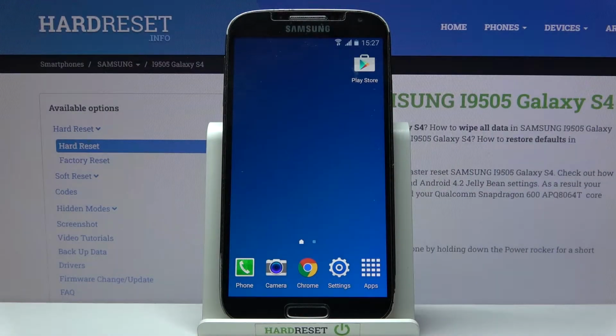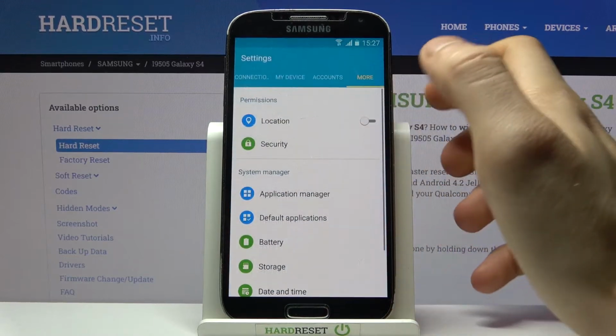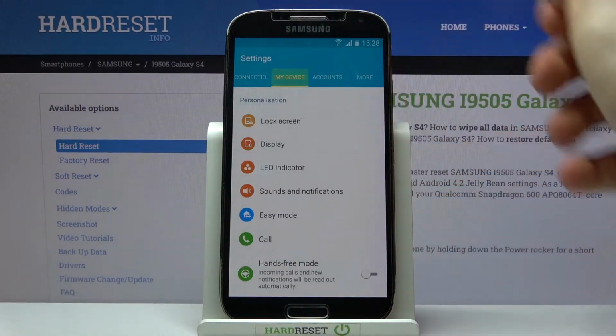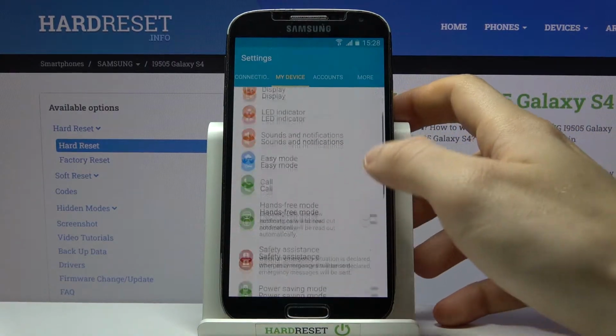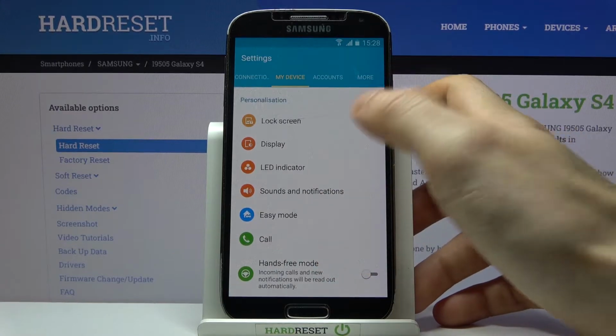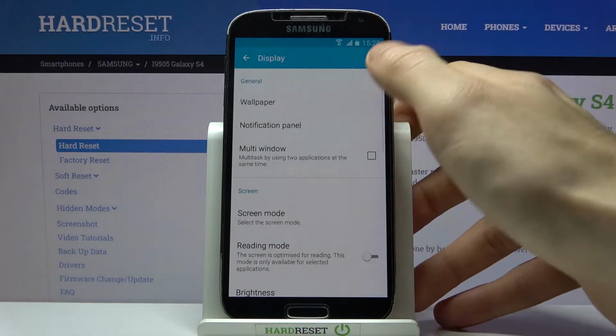Here I have Samsung Galaxy S4, and today I'm going to show you how to change wallpaper on this device. So firstly, you have to open settings, then you have to go to the My Device section, then go to the Display, Wallpaper,